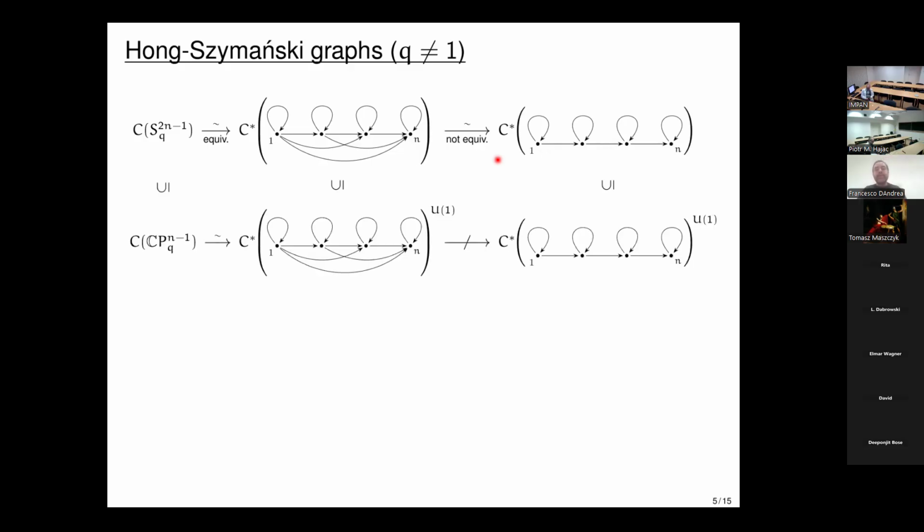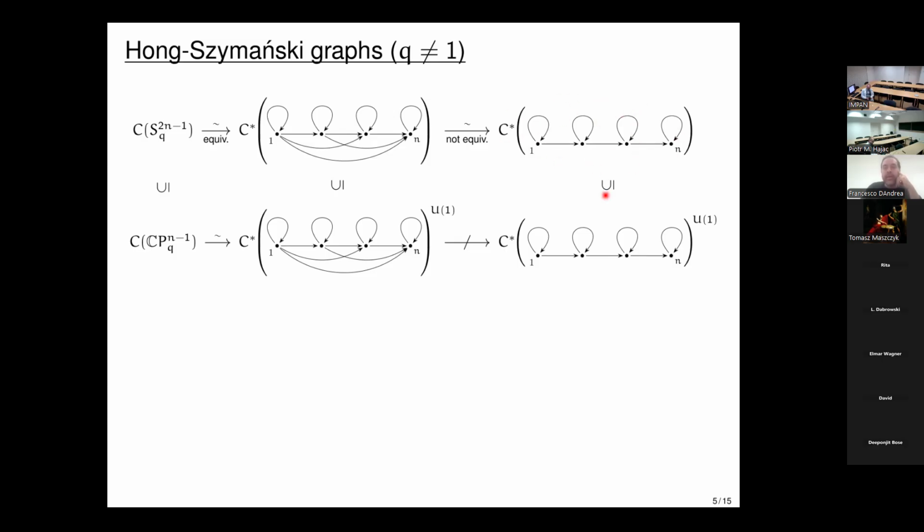Okay, then you can pass to fixed point subalgebras. In the first column, this is by definition the star algebra of C(p^n minus 1). And since the first arrow on top is an equivariant isomorphism, it induces an isomorphism between fixed point algebras. And so here you have the core of the graph star algebra on top. In the last column, you can see the core of this second graph star algebra, the one attached to the